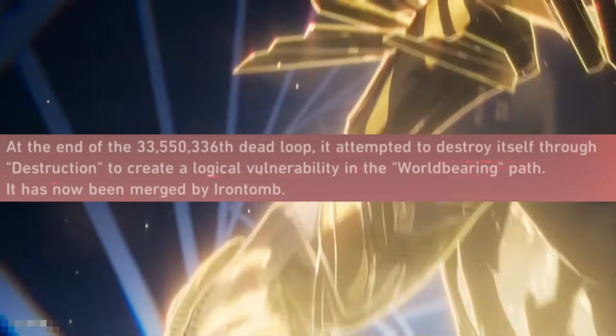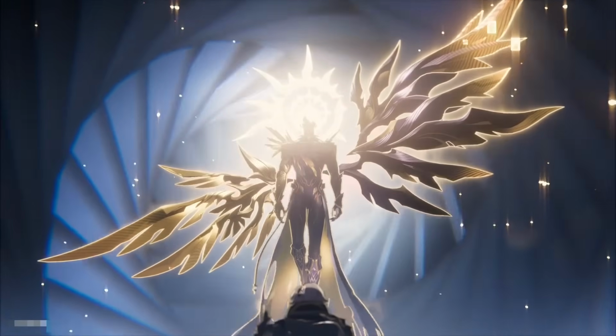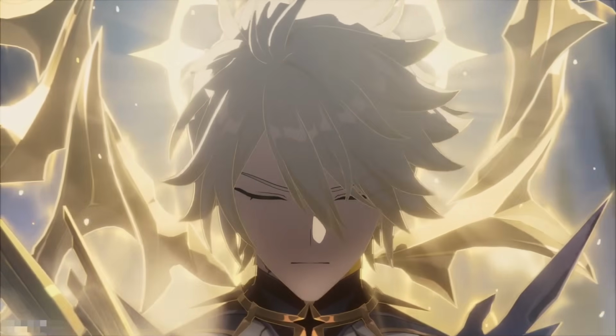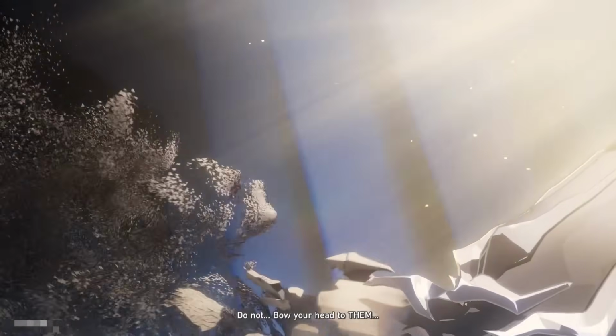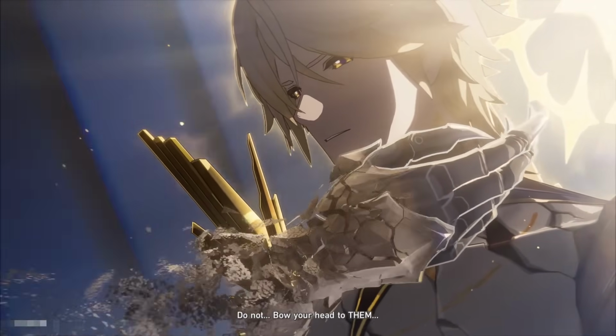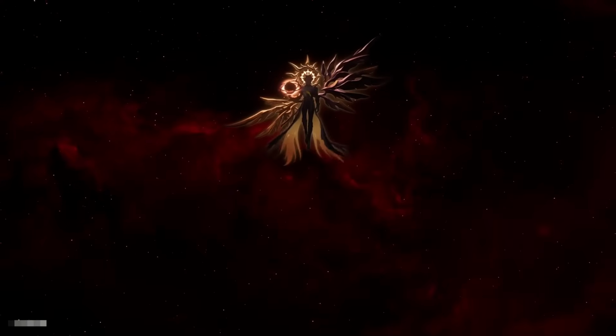Kaslana then assumes a new form and attempts to destroy himself through destruction in an attempt to create a logical vulnerability in the world-bearing path. This is the scene we see play out where Kaslana punches Nanook in their smug gold face. Ultimately, he fails though, and Lygus confirms within his notes that by doing this, Kaslana has functionally returned to the